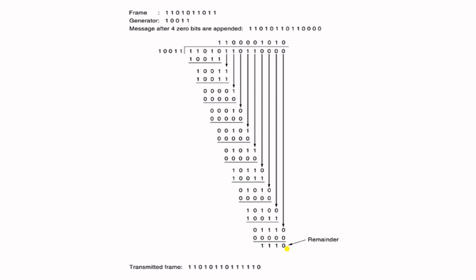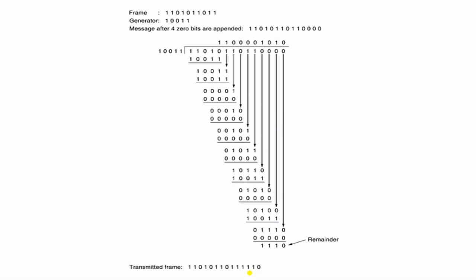So the transmitted frame is 1101011011 1110. How is it generated? Because whatever the remainder is generated, that number is added to the bit stream taken as the dividend here. So if we add 1110 to the dividend produced here, we find this transmitted frame. This transmitted frame will be